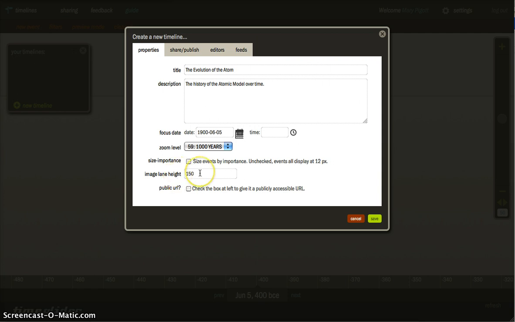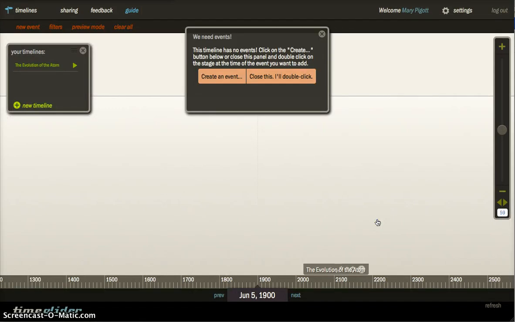I recommend leaving this the same. And one thing that you do have to do is make this a public URL so that I can look at it and grade it. So make sure that you check this box at the bottom here so that you, once you're done with your timeline, will have a public URL or a website that you can send me a link to and I can view your timeline. Once you have all these settings done, you can click Save and then we'll move on to